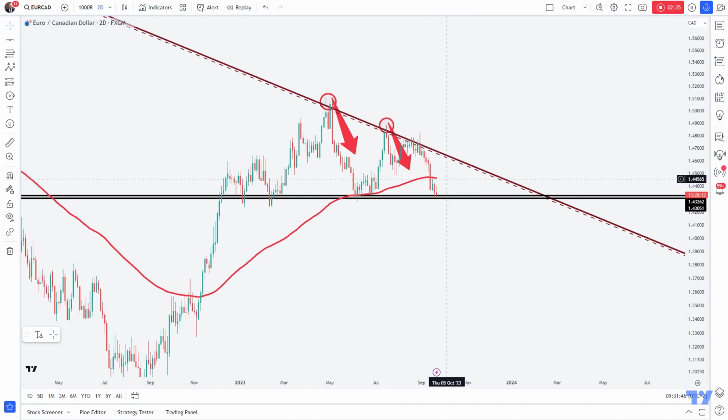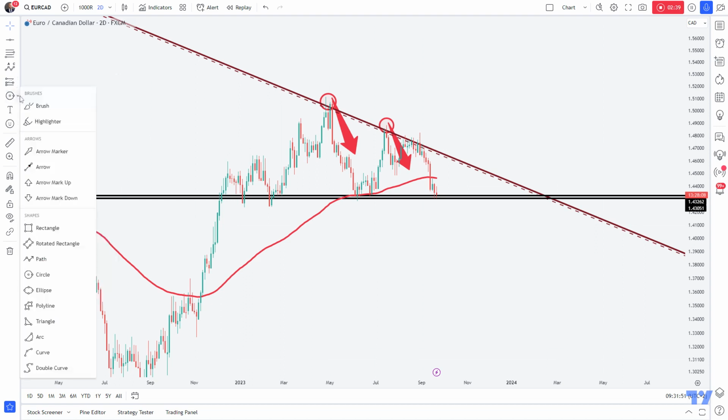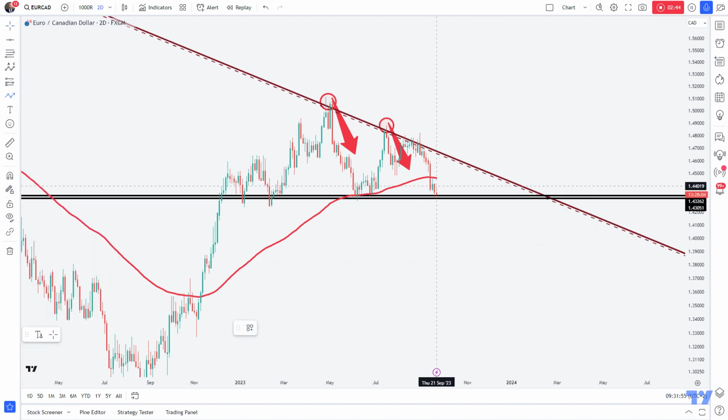And when this level is broken towards the downside, this is going to accelerate the heavy bearish dynamics towards the downside in a huge manner,